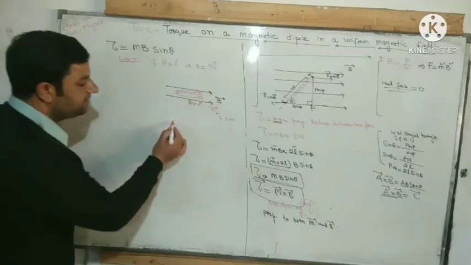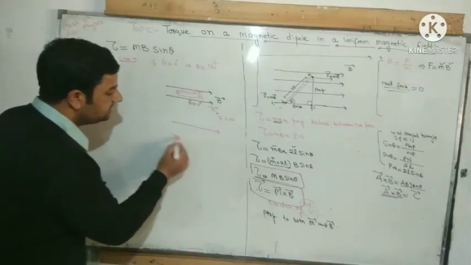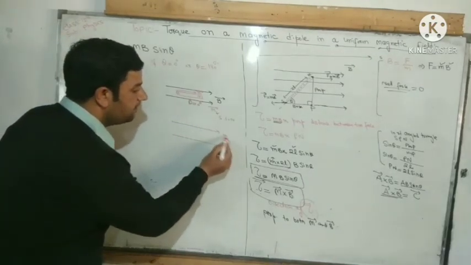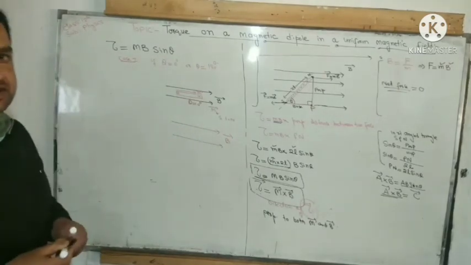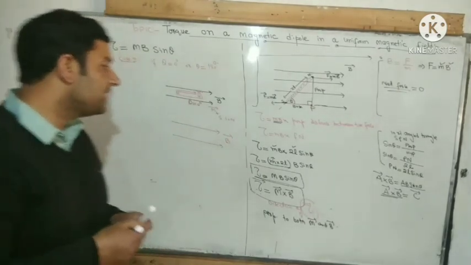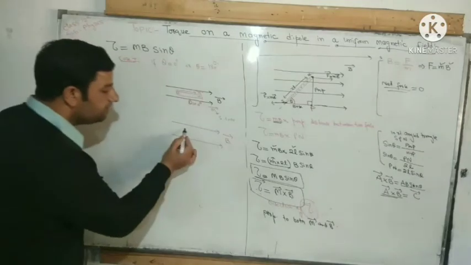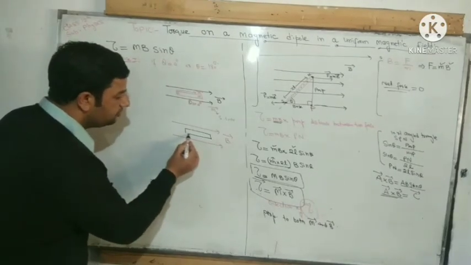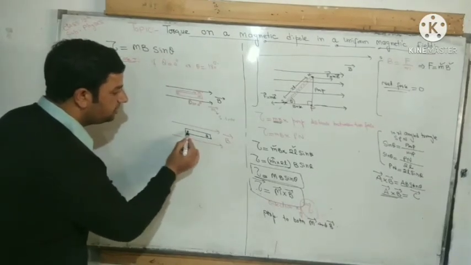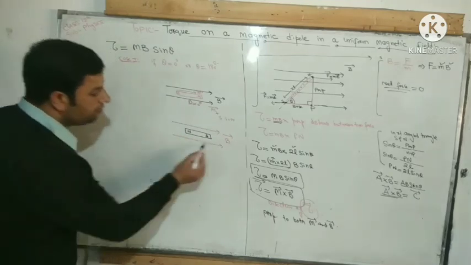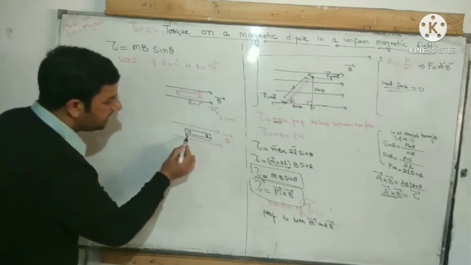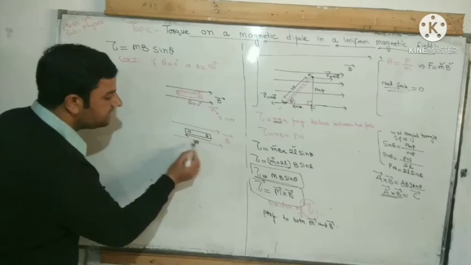Now, in the other case, this is the direction of magnetic field. The magnetic dipole in the uniform magnetic field points from south to north. So the magnetic dipole moment capital M is in this direction, from